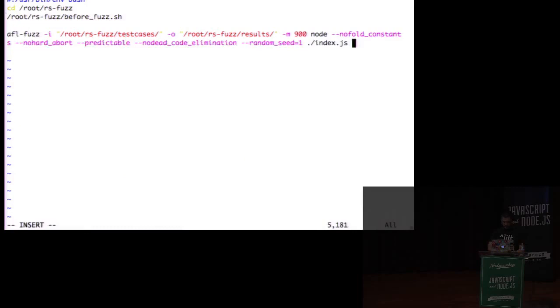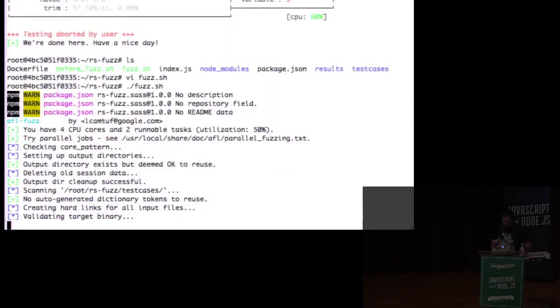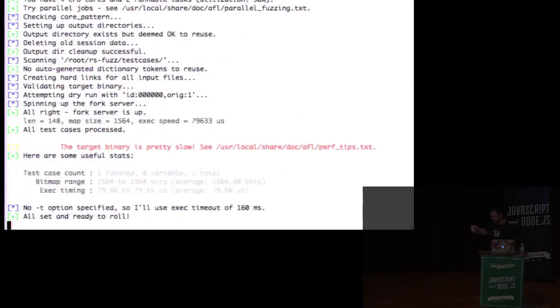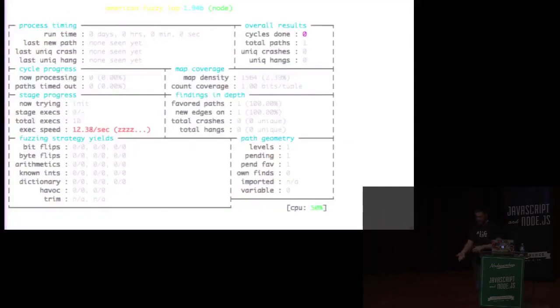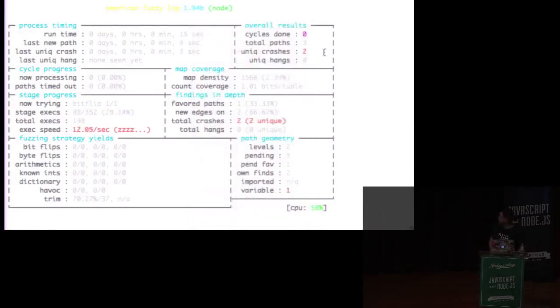It needs input actually to crash. So let's try that again. It's generating input. It's mutating it. It's doing arithmetic, bit flips, things like that, and it's sending it to the app and then seeing if it crashed. And it shouldn't take too long. So this path number right here, it's finding new interesting ways. Oh, I covered it up. There, we got a crash. So we've got a way. If you have an application that takes user input in Node SASS, we can crash it. That's what we can do.